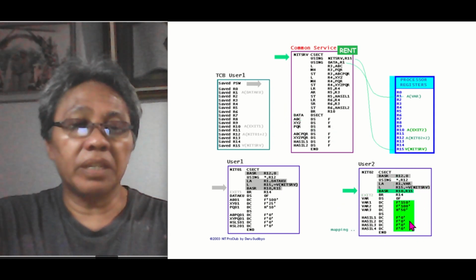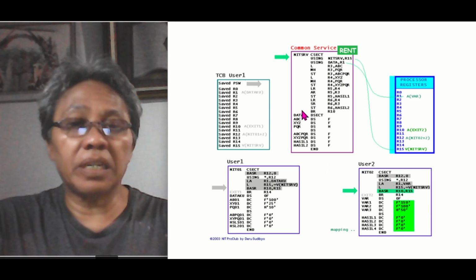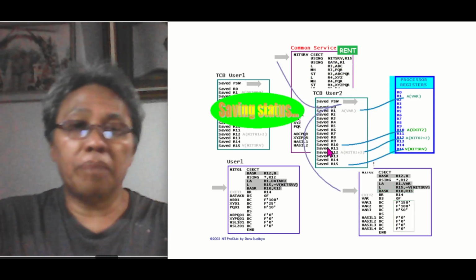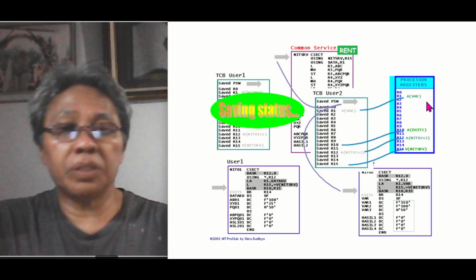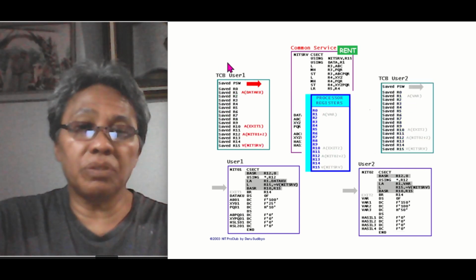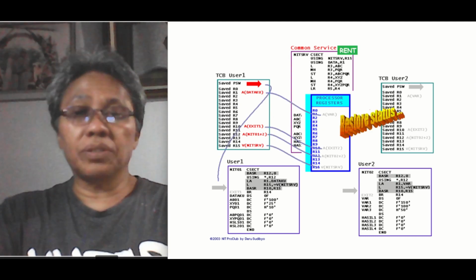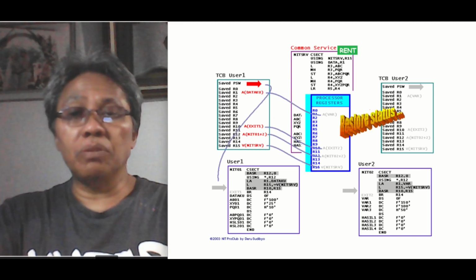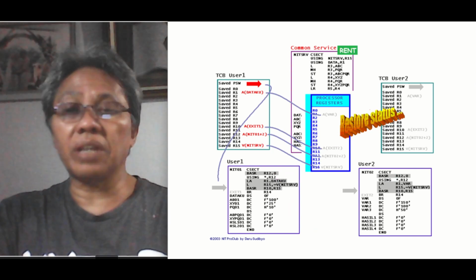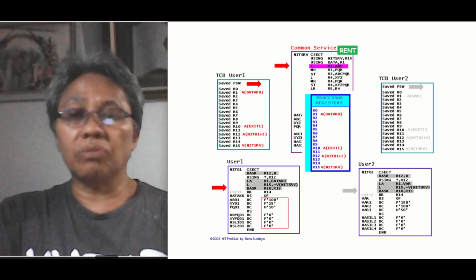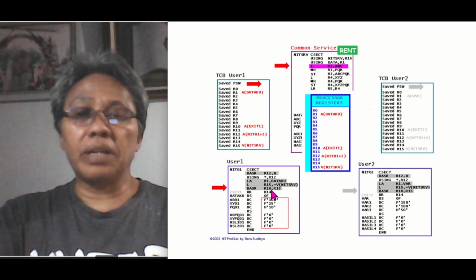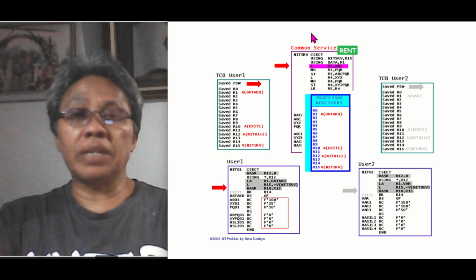Here, in the same way, the data in user 2 will be logically as it is being here, which is actually not, and then it is interrupted. Control goes back to the OS, which saves everything, especially the PSW and registers, into the TCP of user 2. Next, the TCP of user 1 is restored to the system. Once the restore is done, the PSW is also updated to the next sequential instruction address of the last executed instruction in user 1, then control automatically goes to the location of that, which is here, branch and save into the content of register 15, which is actually the address of this module.